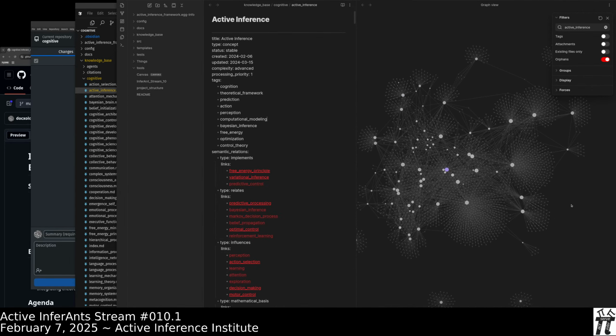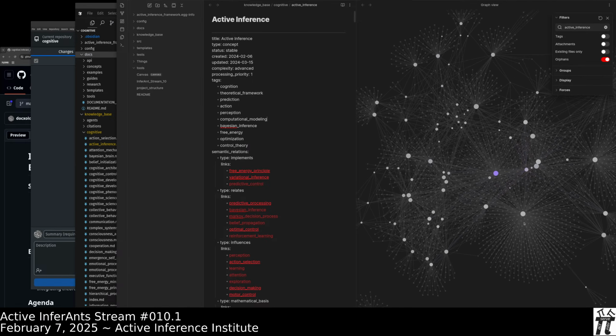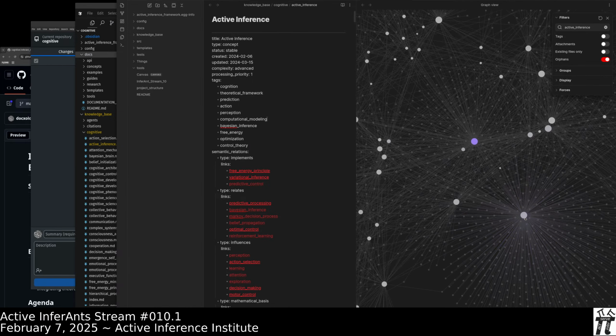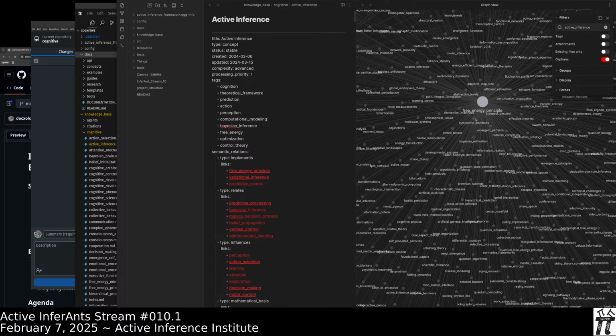We'll accept it, but it changes the graph and you can watch Cursor modifying files and then it's popping up and the graph topology is evolving. So here's free energy principle. And these gray nodes are all hypothetical links. So they're linked kind of in a preemptive way.